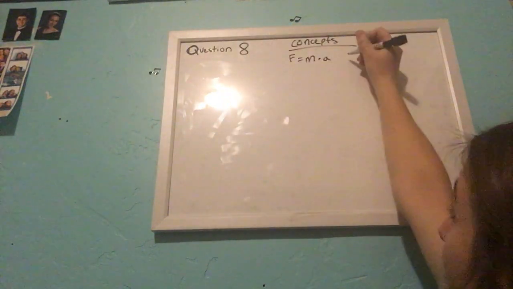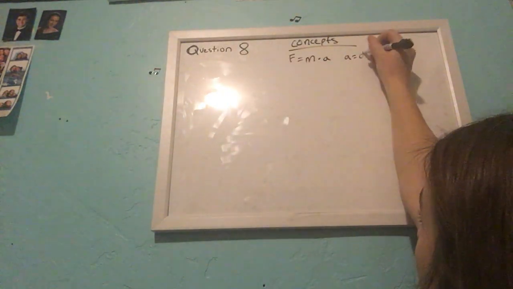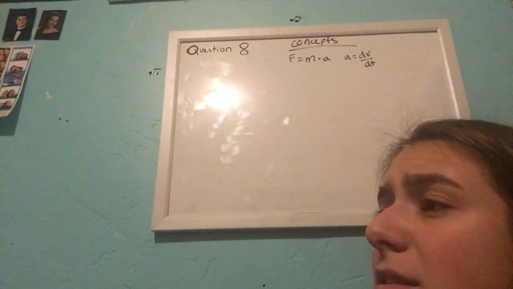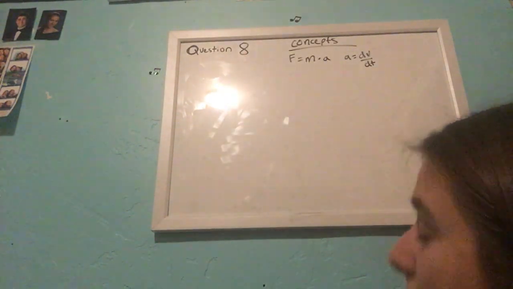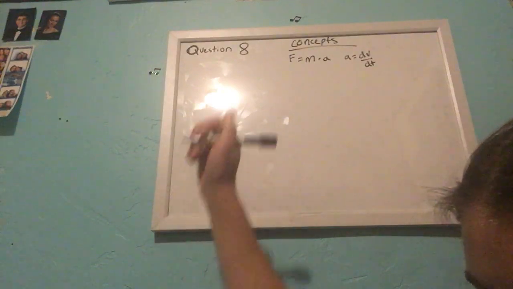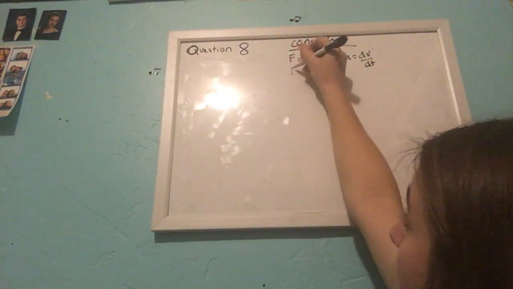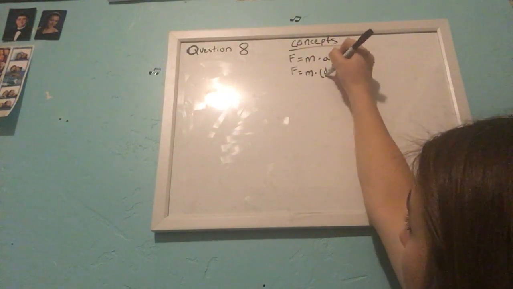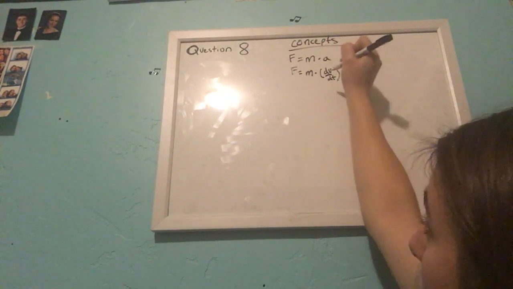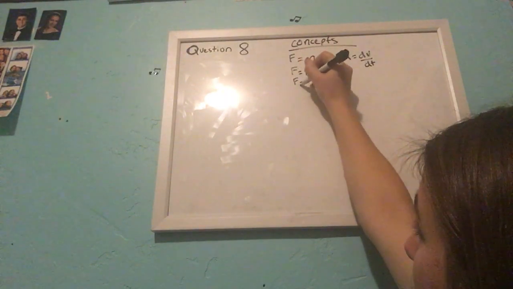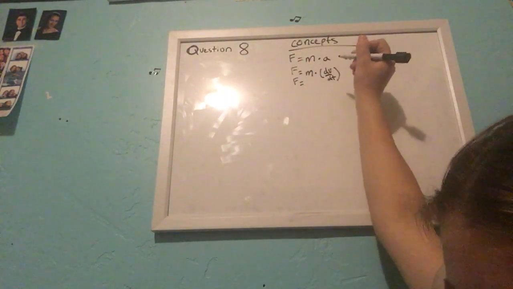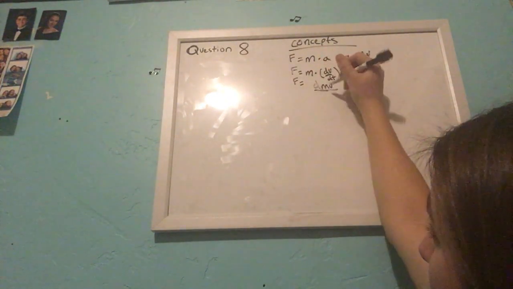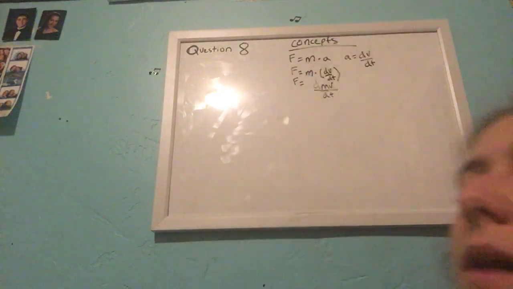Okay, so acceleration is equal to the derivative of velocity. So acceleration is the change in velocity with respect to time. So now I can plug that in to here and do force is equal to mass times change in velocity with respect to time. So I can say that force is equal to, I can put it in there with respect to time. And then